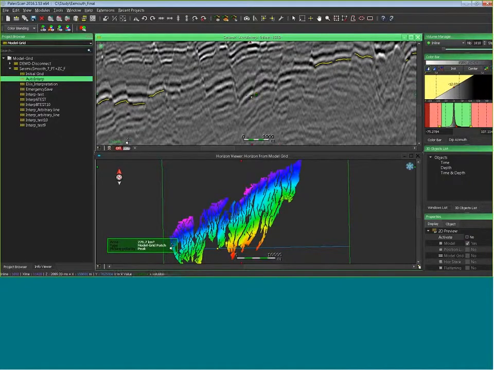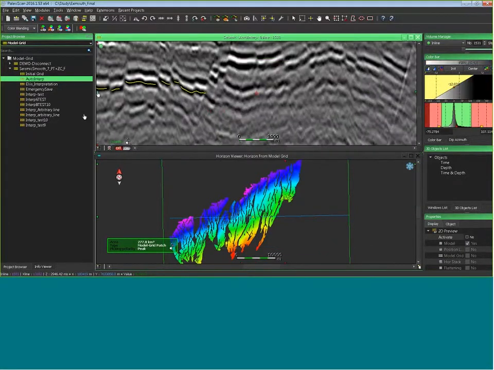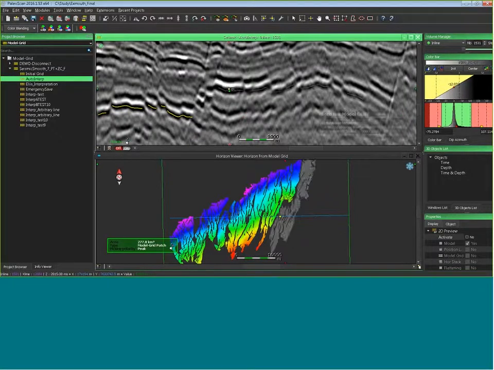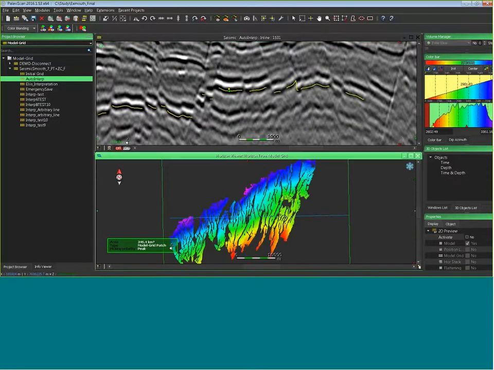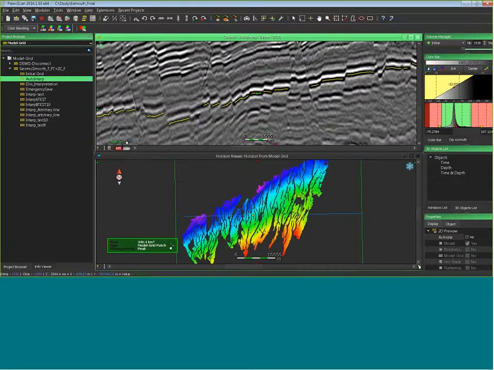Maybe do a little bit more on this area. Perfect. As you can see, I have to connect patches of horizons all together.